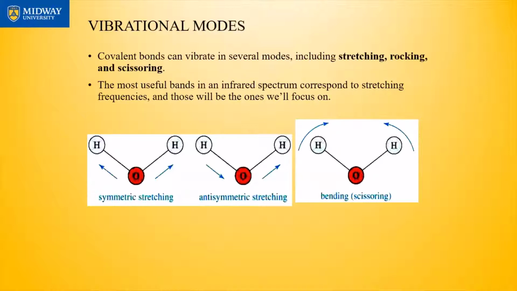If the earthquake's frequency matches that natural resonance frequency of the building, then the building would vibrate. And when that vibration gets really large, that's when the building collapses. It's the same thing. Each bond can only accept a certain frequency, and when that frequency is matched, it shows up as a spectrum